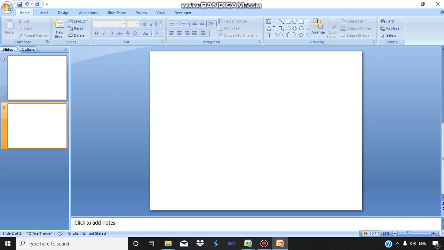So in today's video, we will be discussing macros. A macro is simply a pattern that specifies how a sequence of functions are to be performed. There are a number of ways in which macros are used, because macros are being used in every application of MS Office, be it MS Word, MS Excel or MS PowerPoint, but their functionality is always the same.